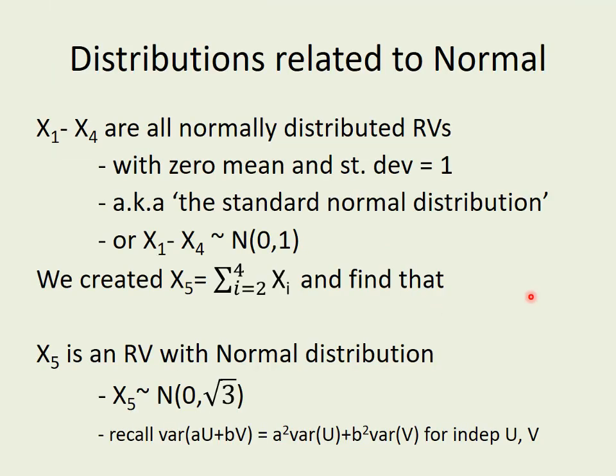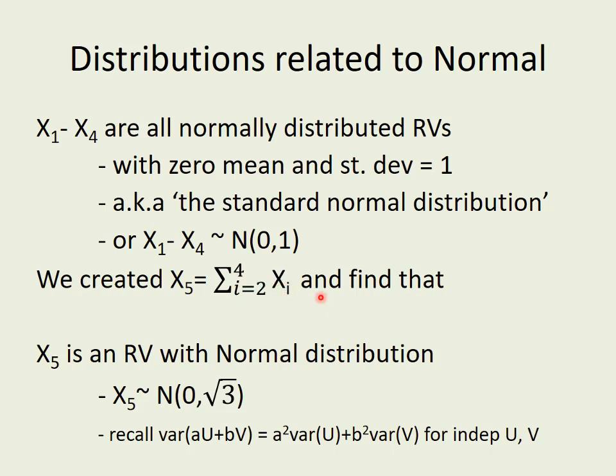So, to conclude from this, these were all normally distributed random variables, standard normal distribution. Sometimes you see it written like this. A squiggle means that this random variable, or these random variables, follow the normal distribution with mean 0 and standard deviation 1. We created a new one, x5, which was equal to the sum from 2 to 4 of xi,